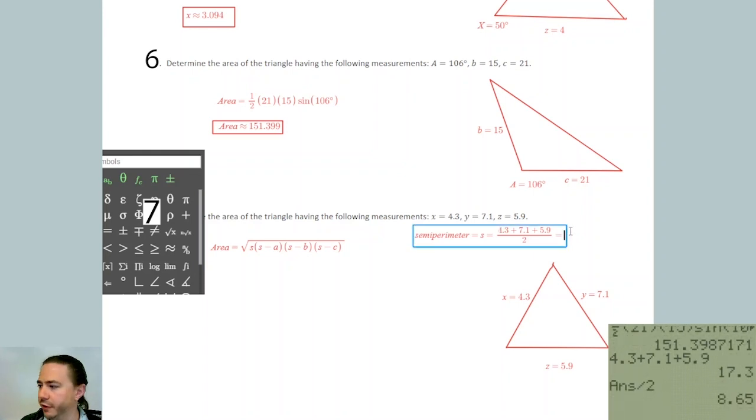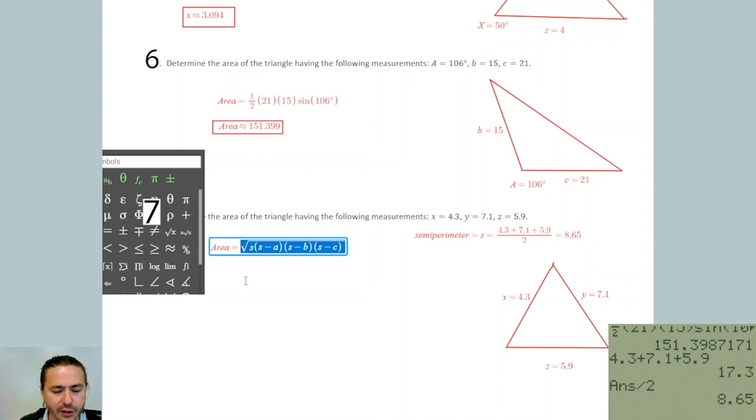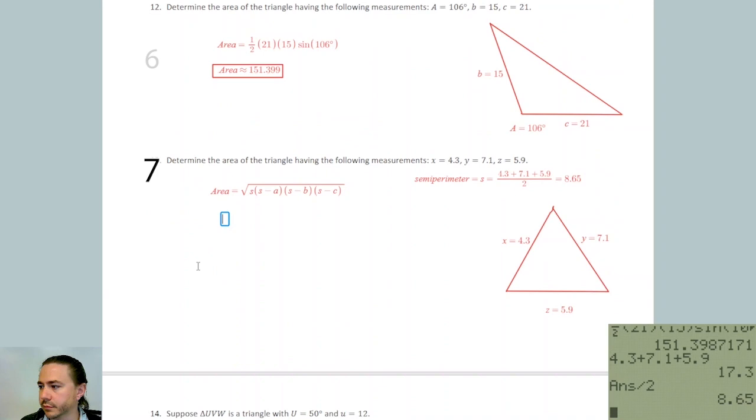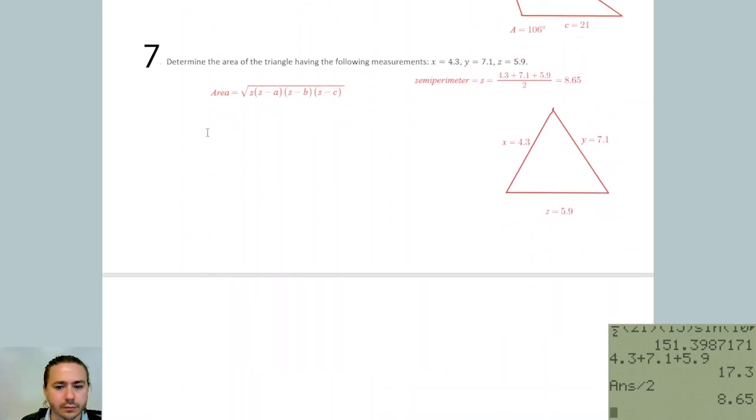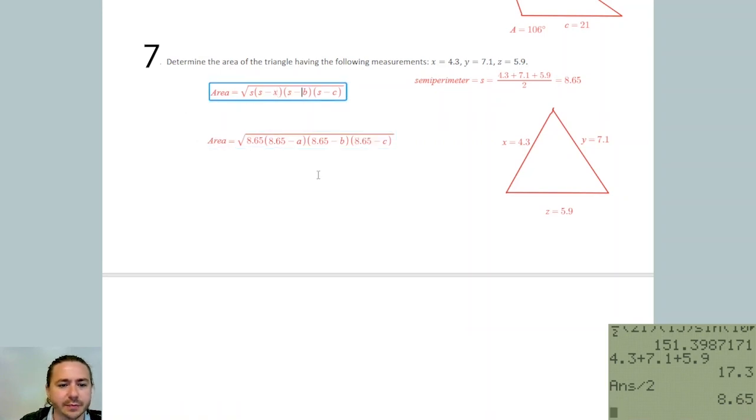So I get 8.65. So that's going to be what I get for S here. So I'm just going to go ahead and substitute everything in here. So S is 8.65. Now we don't have A, B, and C. It doesn't really matter which one's which here. So in fact, I should probably go back and just call this X, Y, Z instead. It doesn't matter which one's which. Just make sure that each one is